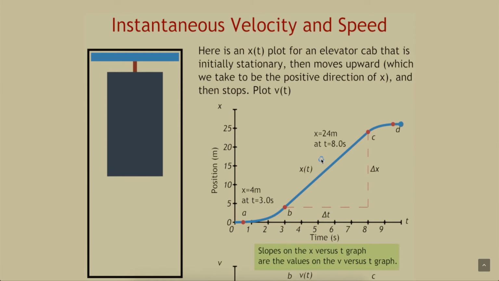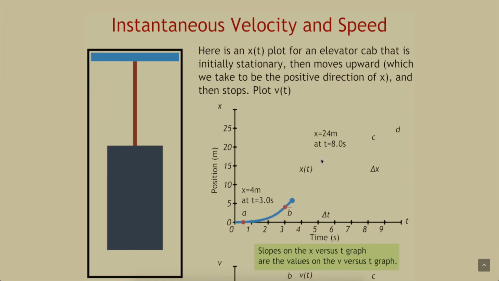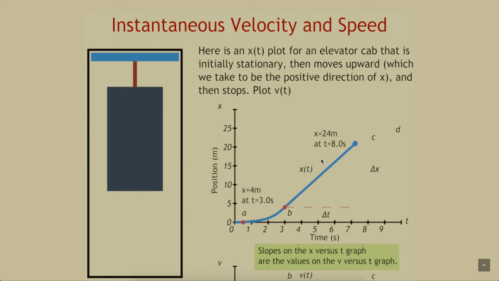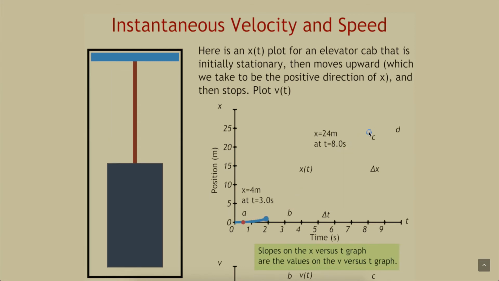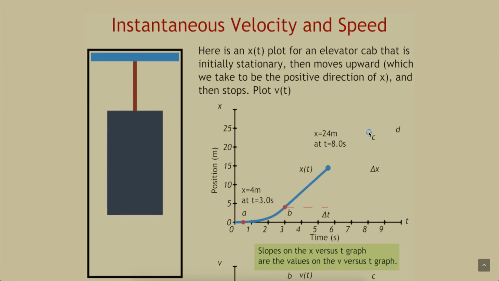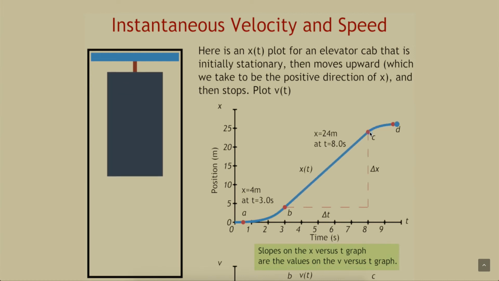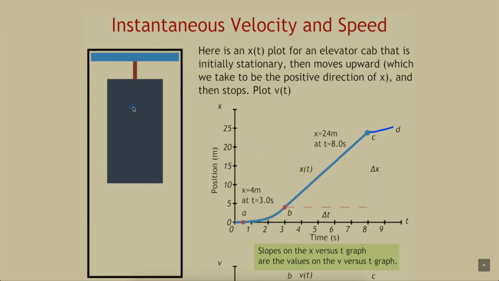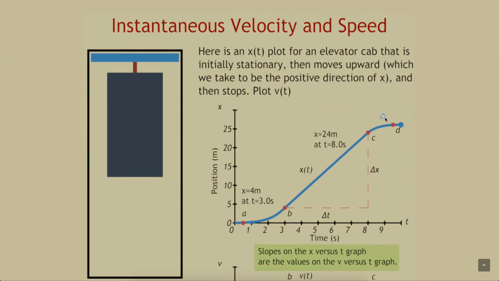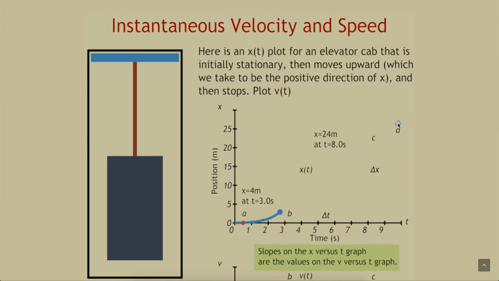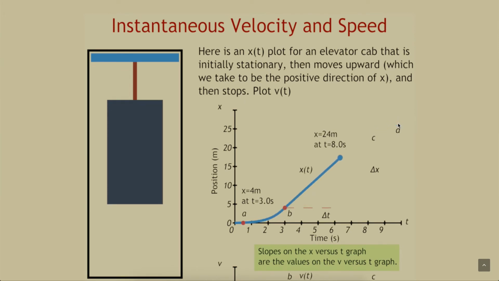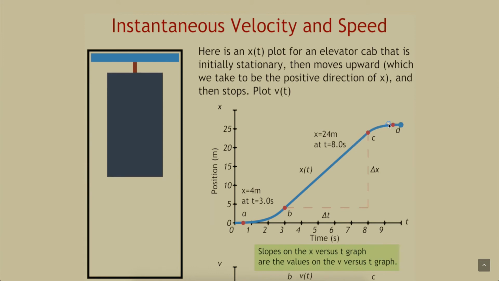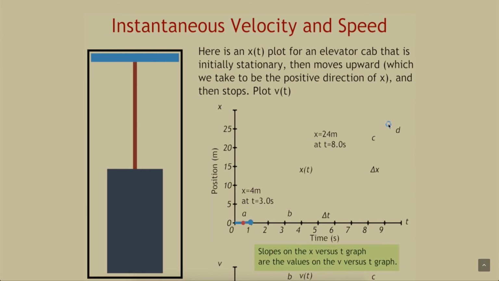Okay, so far we have predicted how the velocity curve will look like until point C, but we have to reach point D as well. From C to D, it is observable that the elevator cab slows down. You can tell this from the animation and also because the position curve describes a smaller displacement over a longer period of time. Again, we don't know much information here about the position curve, but just like we did from A to B, we can anticipate a decrease in the value of v from what we previously calculated down to